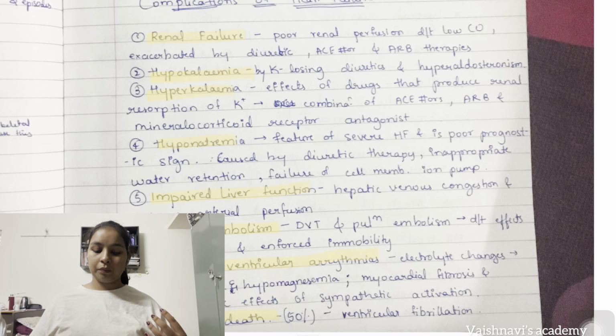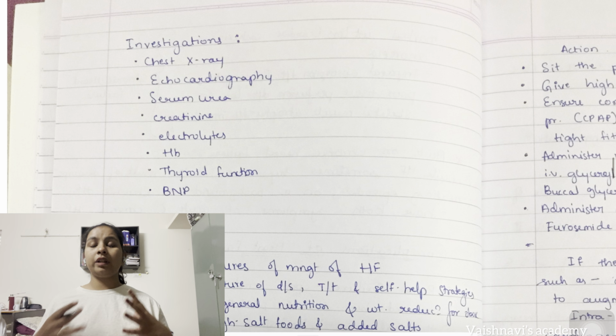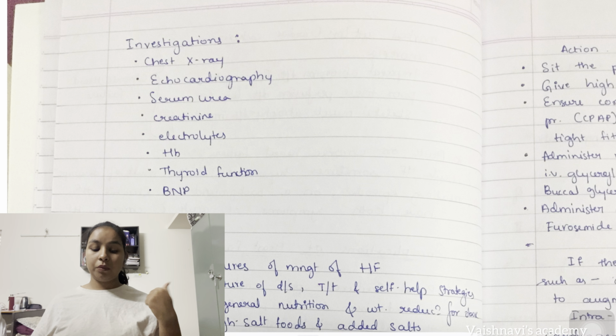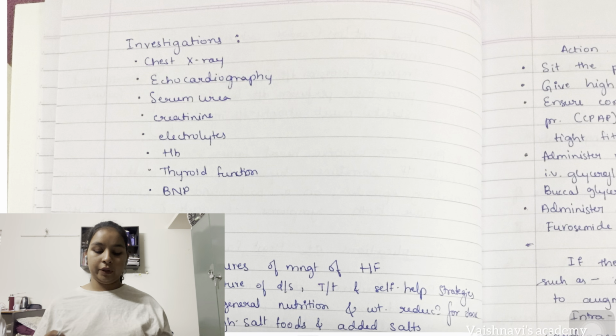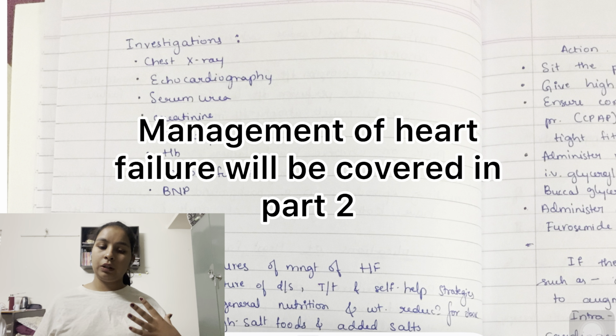Okay. Now, after this, we have investigations that we need to be done in a person coming with signs of heart failure. So, clinical features of heart failure. So we have chest X-ray, echocardiography, serum urea, creatinine, electrolytes, HB, thyroid function, and BNP. These will all give us confirmation of presence of heart failure. Now, about the management of heart failure, I'll tell you in the part